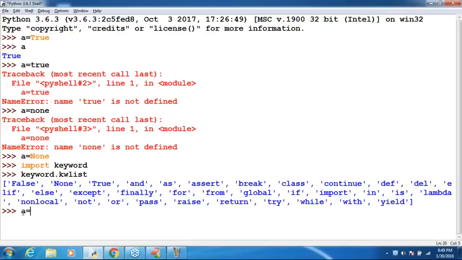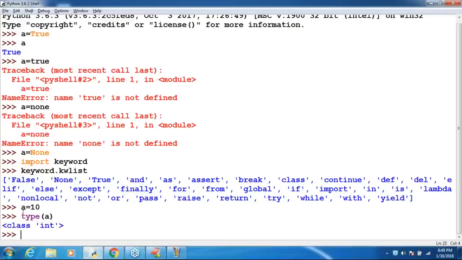Sir, just observe that a is equal to 10. Can you please tell what is the type of a? Int. I never declared a as the int type, but automatically it's going to be int type, or not? Yes, sir. Based on the provided value, the type by default will be assigned automatically. Make sure, this itself is nothing but a dynamically typed programming language.